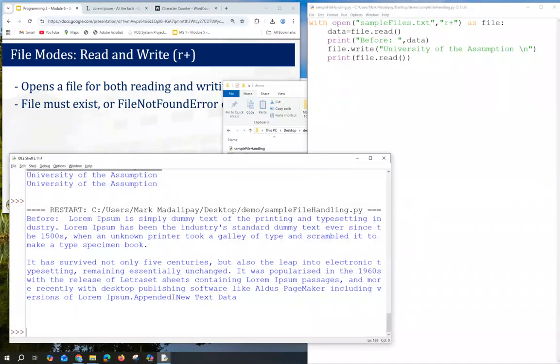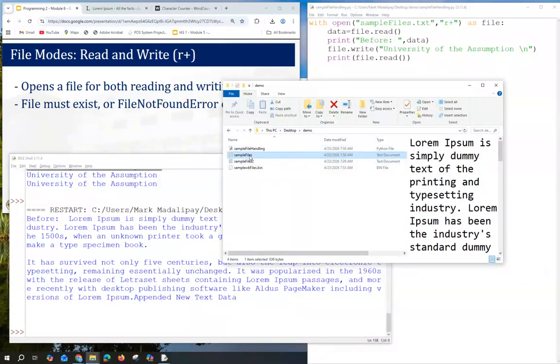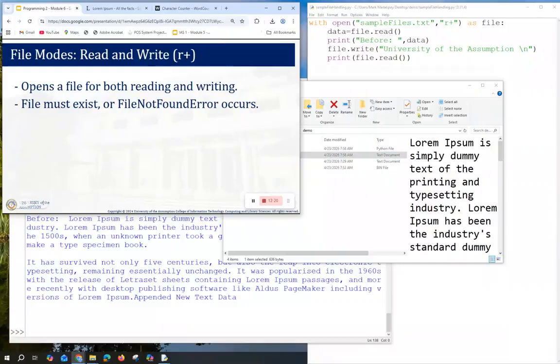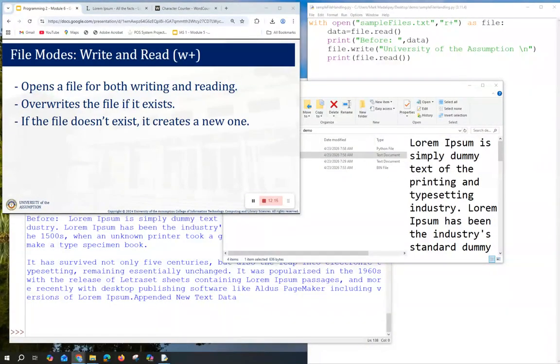Okay. So let's check if we have appended. Ayun. So we already appended our University of the Assumption. Okay. Next, we have the write and read, just like our previous example.